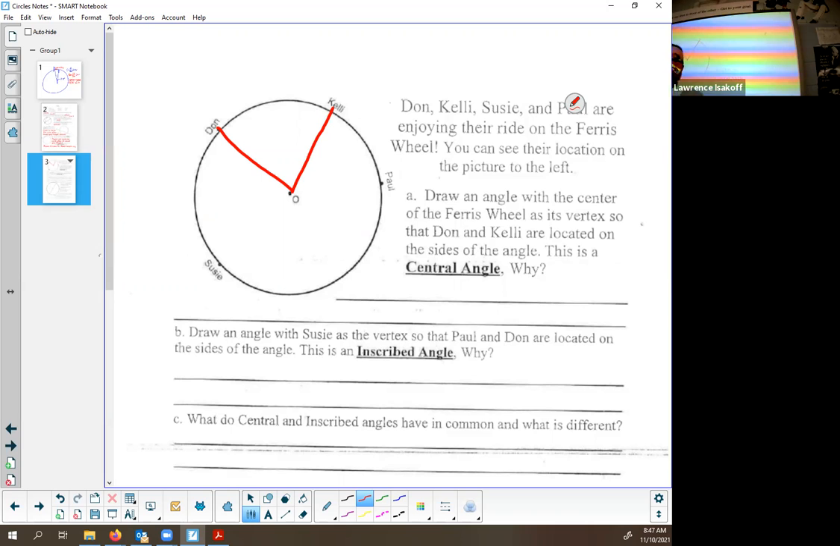Why do you think we call this a central angle? Yes, the vertex is in the middle of the circle. That's what a central angle is. So why is it a central angle? Because the vertex, which is the turning point of the angle, is located at the center